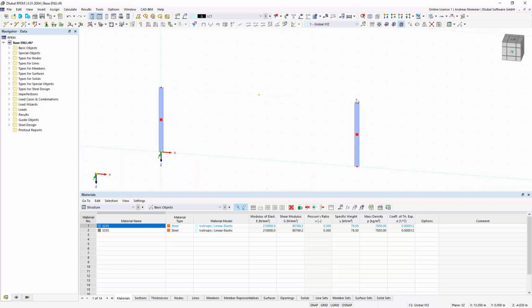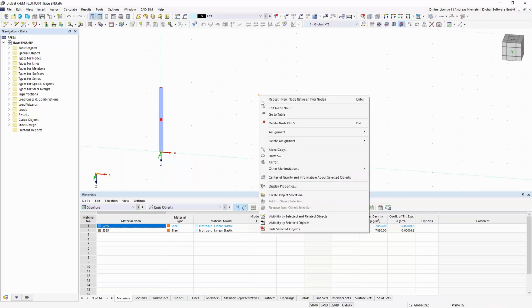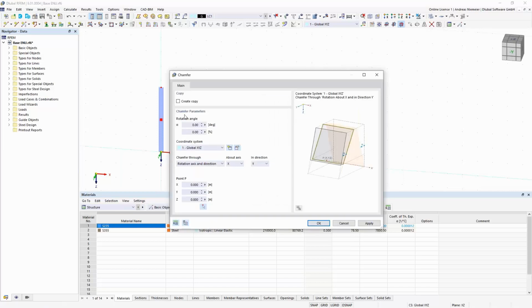Because of this connection, we can also select it. So we can take it and can create a new node from it. I use another manipulation, go here to the chamfer solution and say, please copy me this node with an inclination of 13 degrees, rotate it about the y-axis and move it into Z direction.